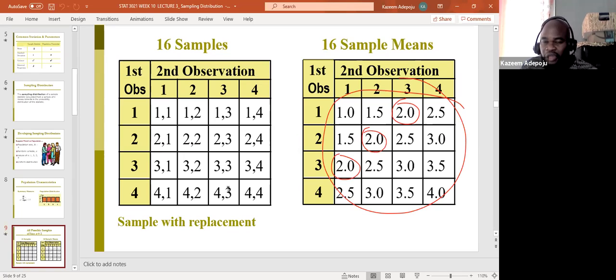Of course, you're going to be talking about probability distribution. If you take a look at what I have right now, you're going to say some particular numbers occur more frequently than others. So therefore this is my statistic right now. The statistic here is the mean. You can see that now. If the statistic is the mean, I got 16 means right now. Take a look at that table.